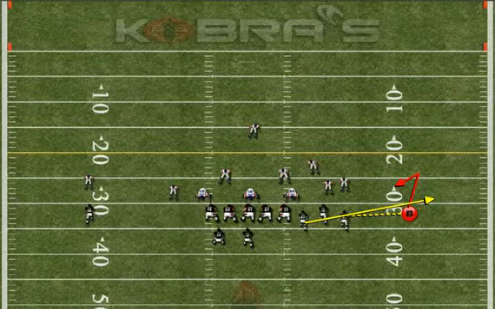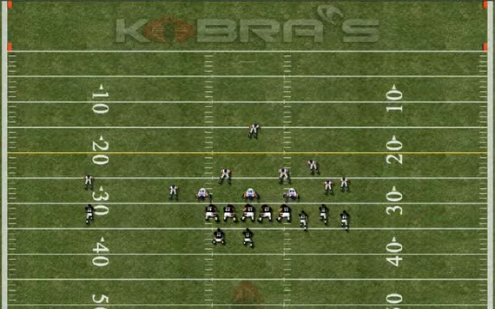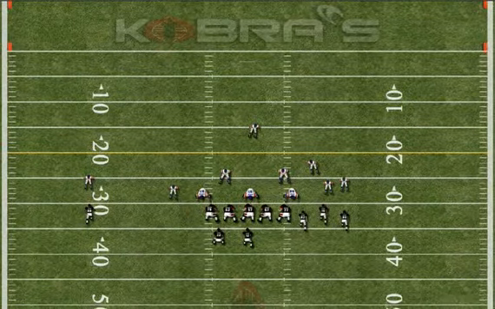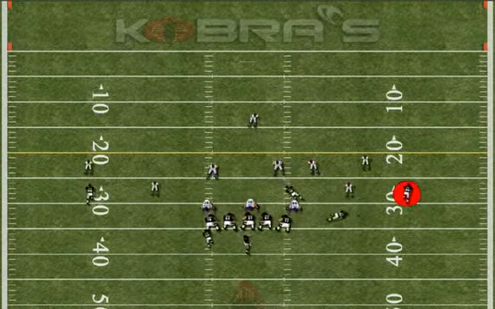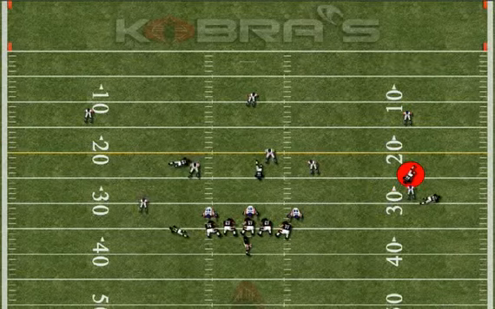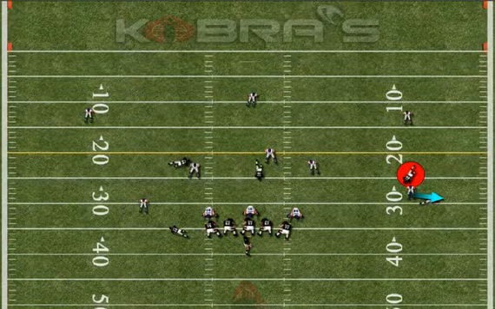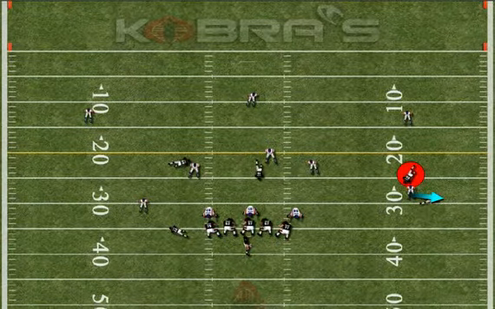So what we're going to do here is just take a look at the play, and I think you guys will get an idea how this one's going to work. So let's go ahead and run through it. And you can kind of see right there. Now, as you see that flat defender going out, let's go ahead and put it on pause. You'll see this guy going out to cover. As soon as you see him go in that direction, then what you can do is going to continue